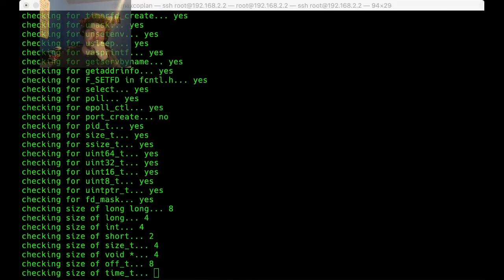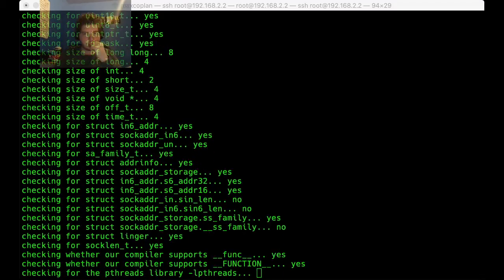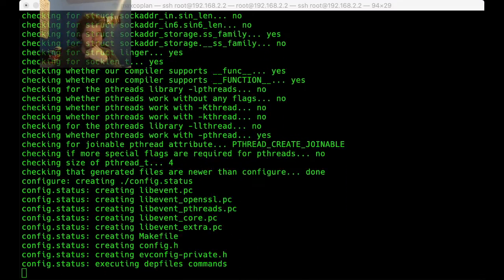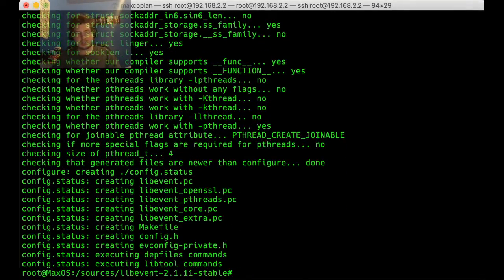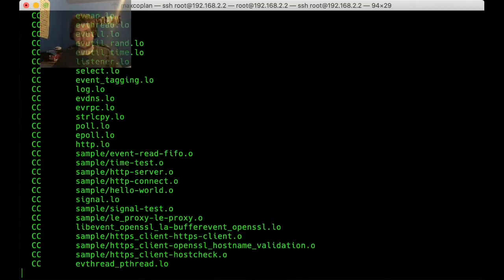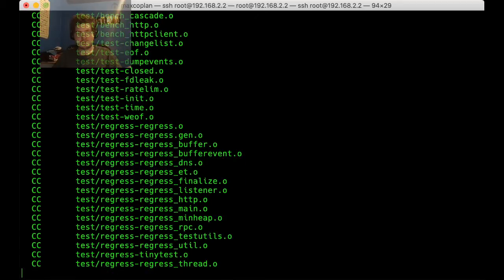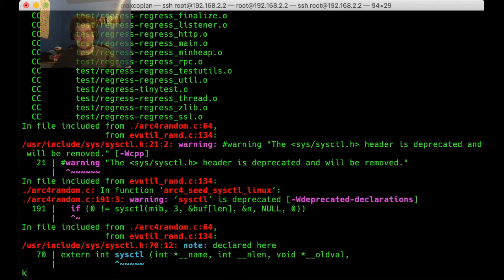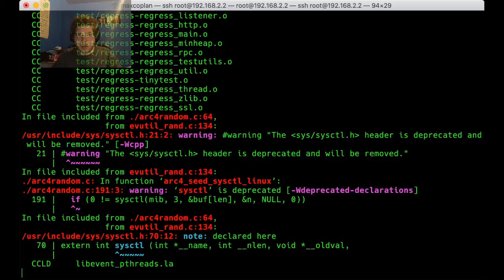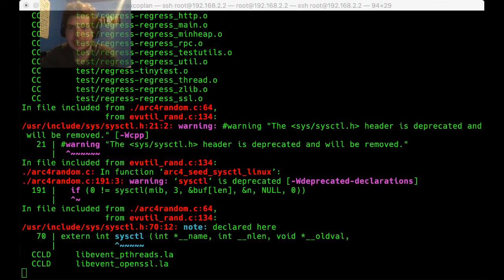Yeah, it has curl, which is good. There's a lot of stuff. Okay, we got some warnings. Warnings always make things a bit more exciting.